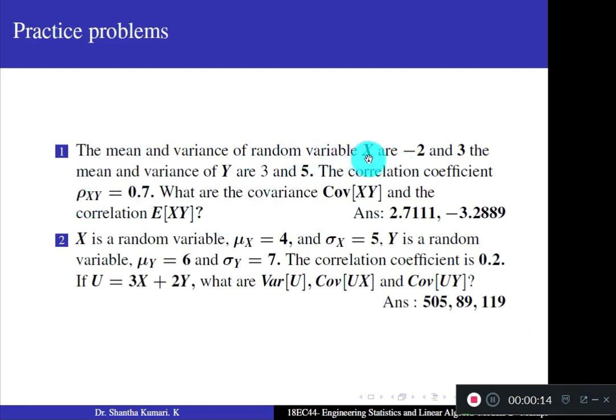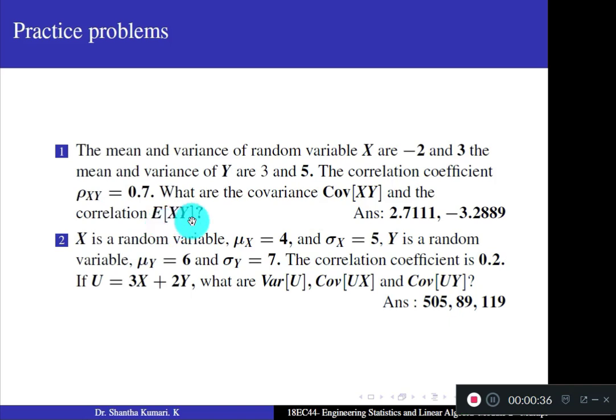Mean and variance of random variable x are minus 2 and 3. Mu x and sigma square x are given. Mean and variance of y are 3 and 5. Mu y and sigma square y. The correlation coefficient rho is given. What are the covariance COV of xy and correlation